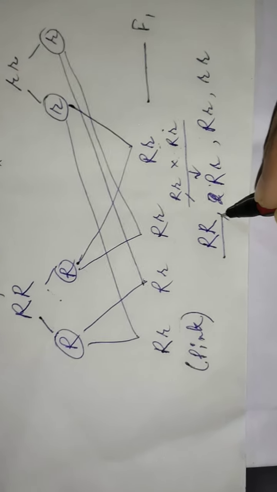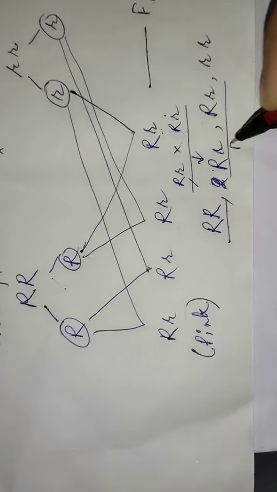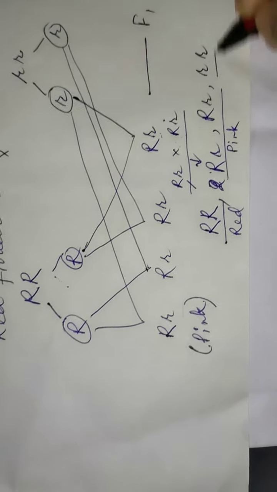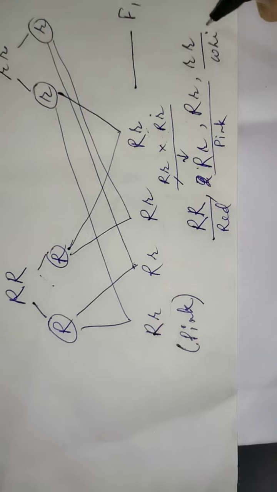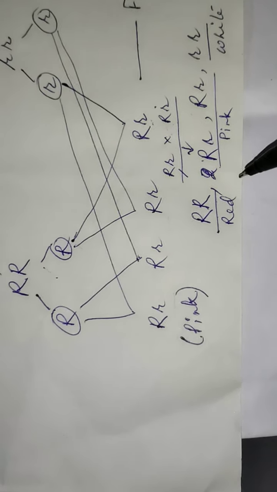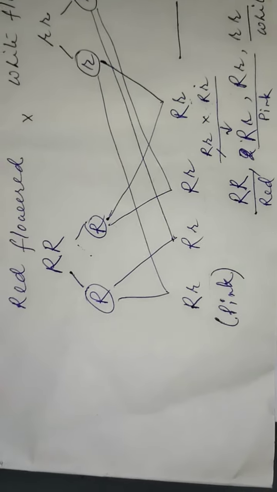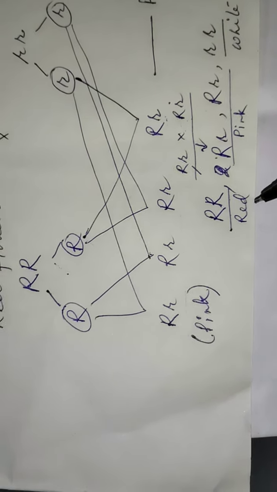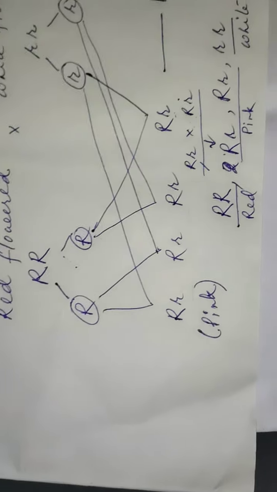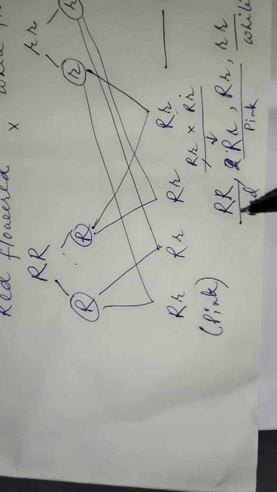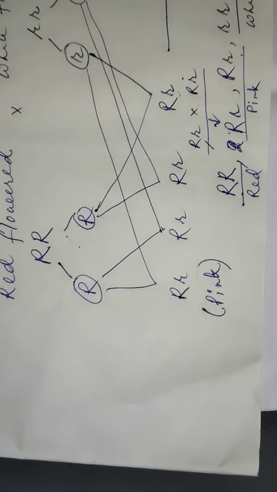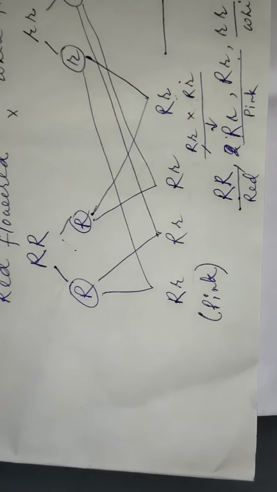So here red, pink and white. This will give you a phenotypic ratio 1:2:1. Similarly, its genotypic ratio is also 1 dominant, 2 hybrid pink and 1